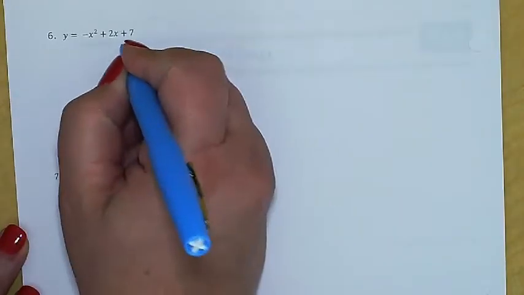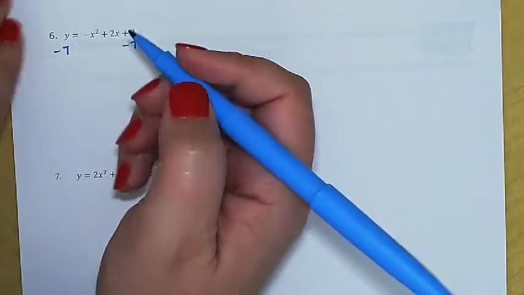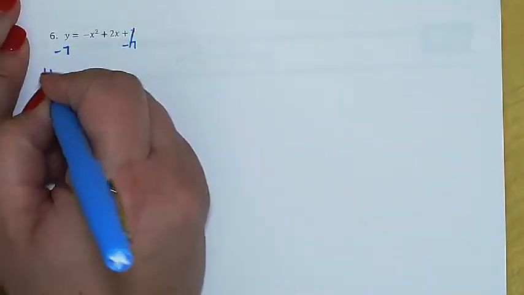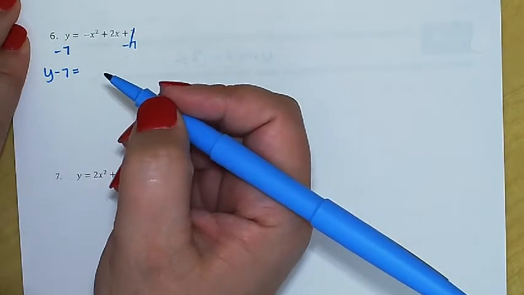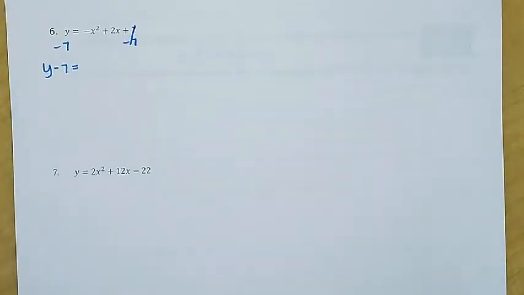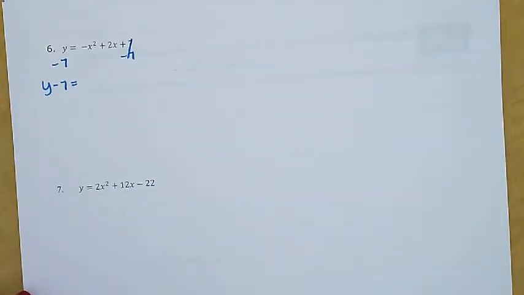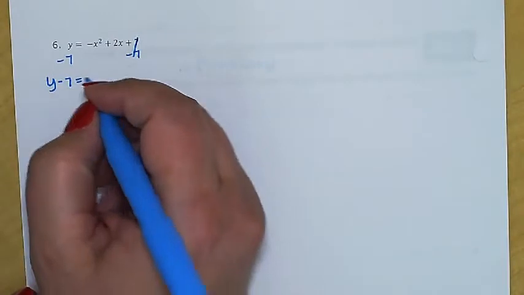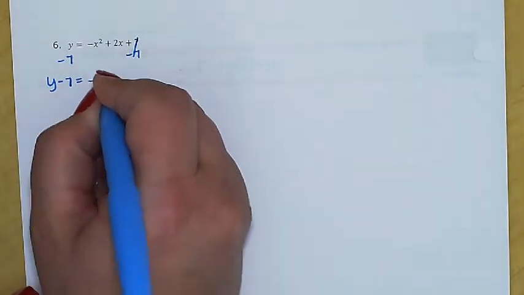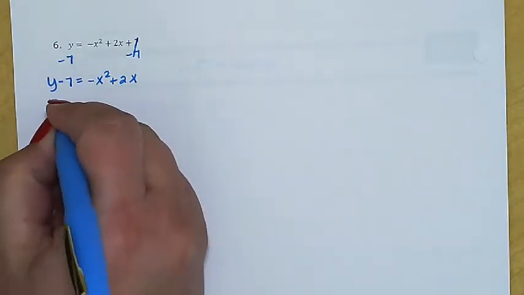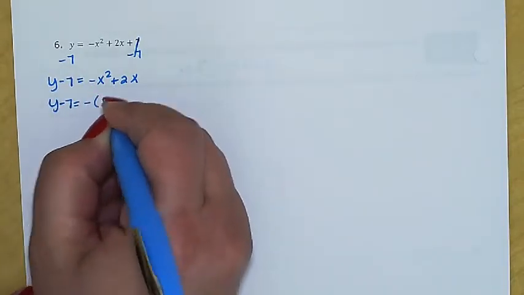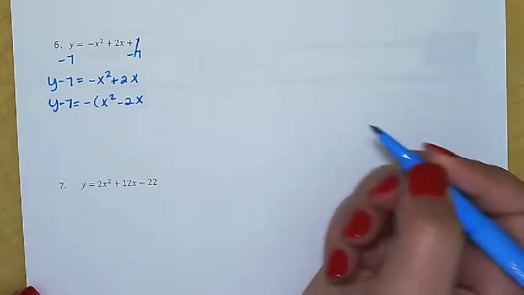The first step is to move the 7 to the left. So we've got y minus 7 is equal to, let me actually check something to be sure. Oh yeah, because this one has a negative. I was going to say this looks pretty familiar, but it's because of the negative. All right, so we move that 7 to the other side. That leaves us with negative x squared plus 2x. We don't want the negative there, so we factor it out, and we end up with that,